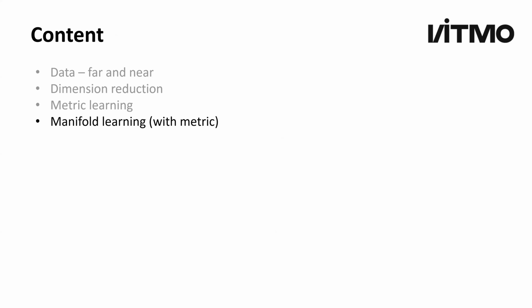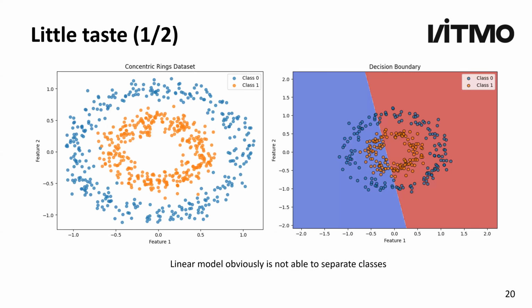So let's move to a really simple example. Really simple and really good place to start. If you have such a problem, which seems really simple, you have two circles. From a mathematics point of view, it is not a big deal. You just define polar coordinates and you will be able to separate them with a circle. Obviously, we have a classification problem where the inner circle is of class, for example, 1, and the outer circle is of